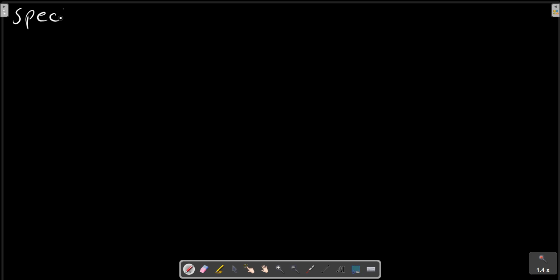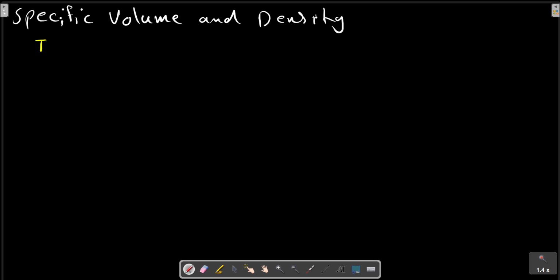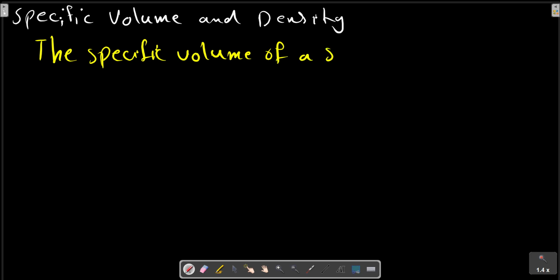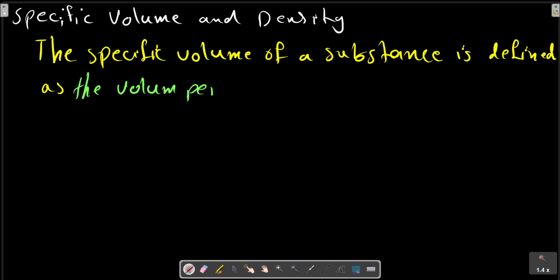Specific volume and density. The specific volume of a substance is defined as the volume per unit of mass, and is given with